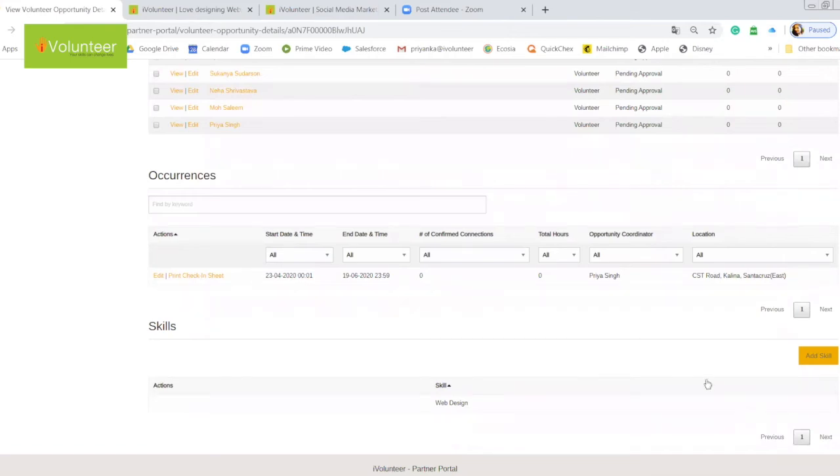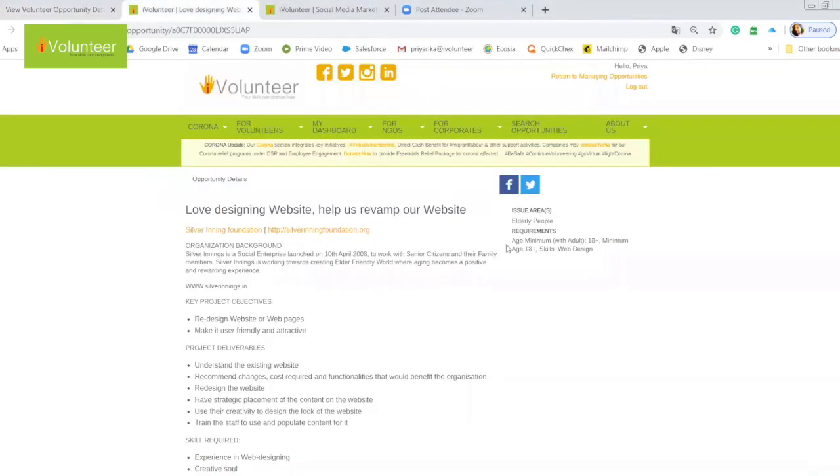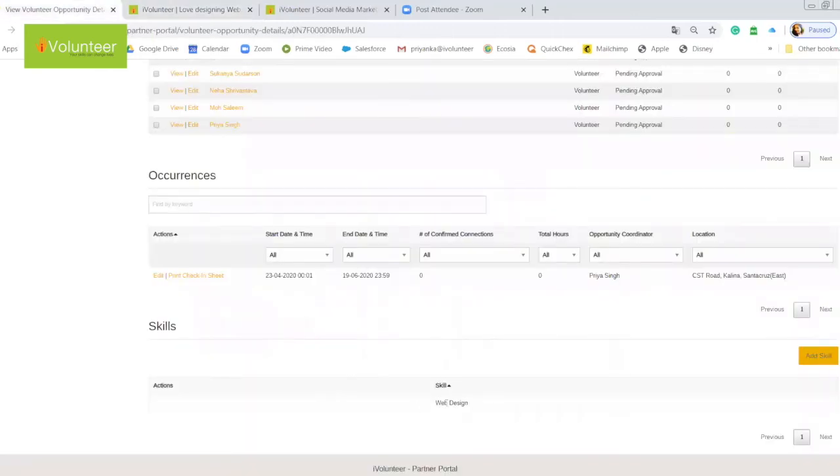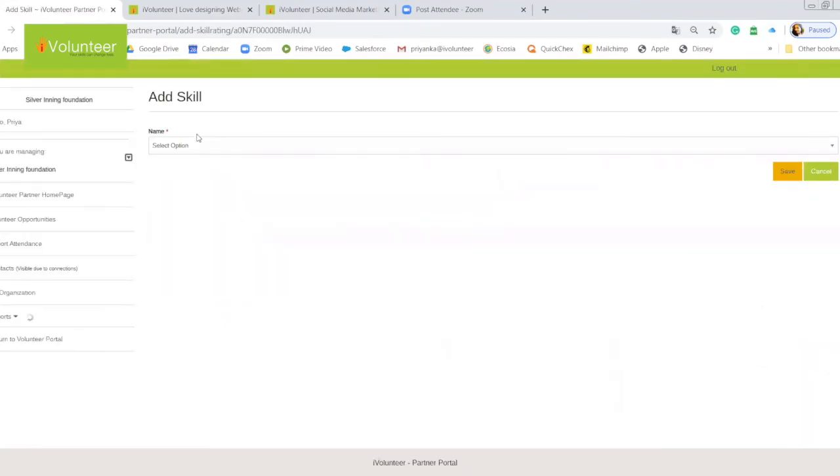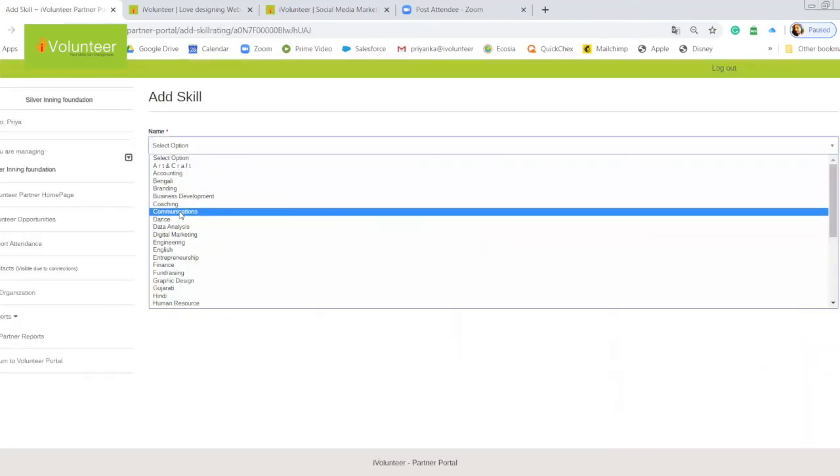But because I'm here, I will just show you one more thing about adding skills. I showed you how the opportunity will look on the website, where we have web designing in the skills mentioned, this portion. That's because here we have added that. In the skills, we have selected web designing. If you want to add more skills, you can actually add a skill. And here you get a lot of options.